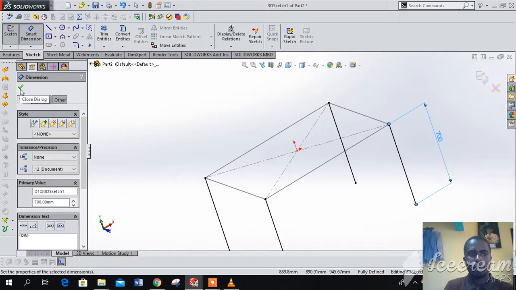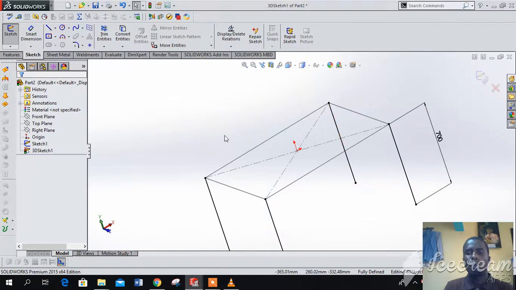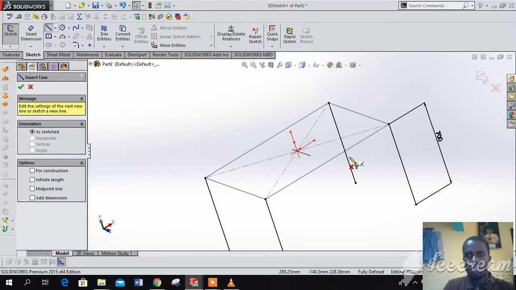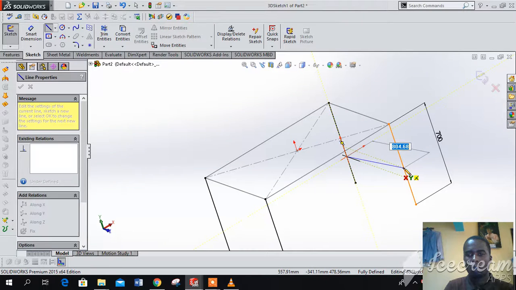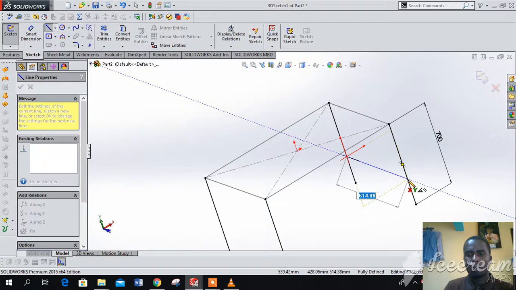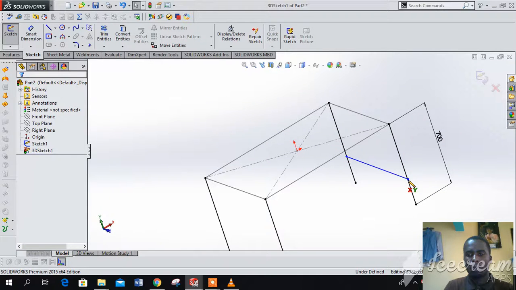Okay, good to go. Then maybe some other thing I would like. Let us put like intermediate support. Again, we can use the line command. That point I want it to go up to that point. Then also